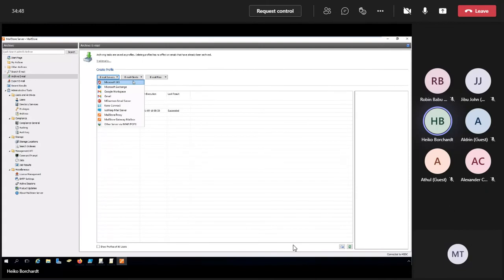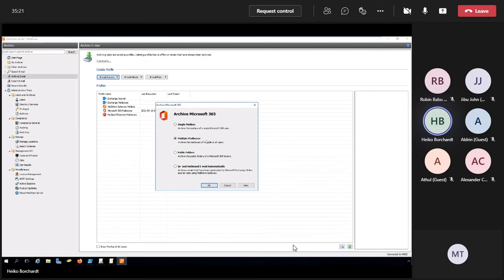And of course, for the live environment, for the active users, you set up archiving profiles. And here it doesn't matter if it's IMAP mailboxes or any kind of IMAP mail server, if it's Exchange, no matter if it's on-prem or a hosted one, or if you have your messages directly at Microsoft 365. For this, basically we have two types of profiles. It's possible to archive the mailboxes directly, which means